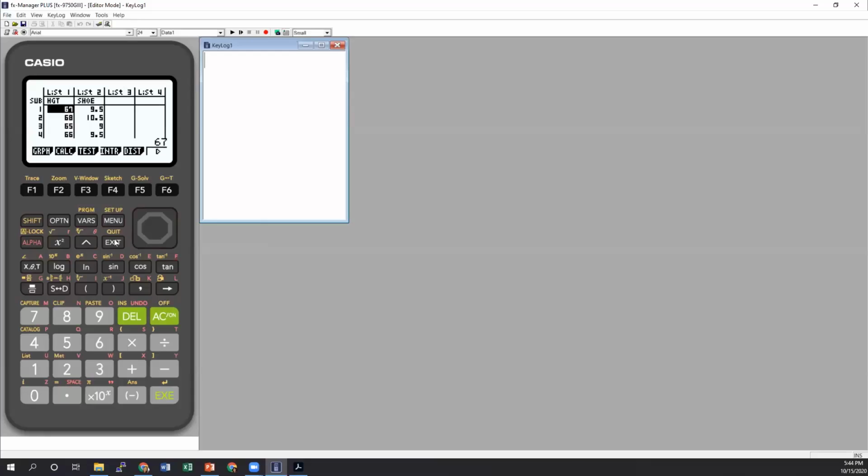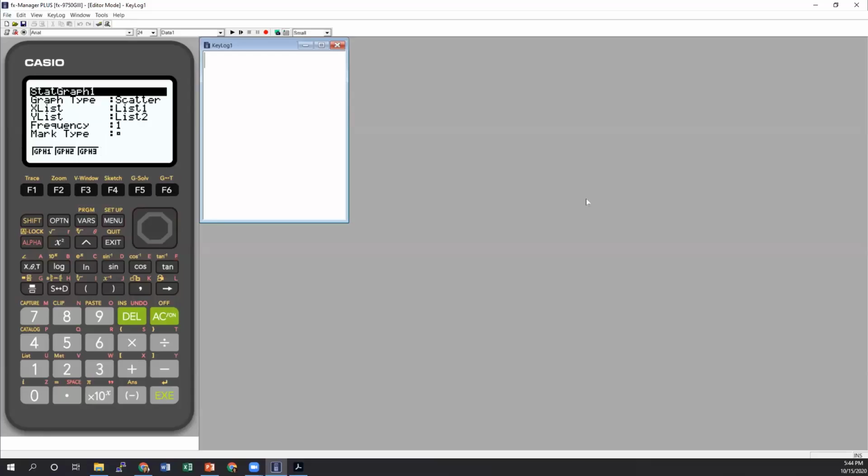This is the button you would press in order to go back a page. Now let's take a look at what some of the graphs look like. I'm going to press F1 for graph. And here, again, I see the word set. The default setting for graphs is a scatter plot. Because we're only looking at list 1, I have to go in and make a change there. Otherwise, if I press graph 1, I'm going to get an error.